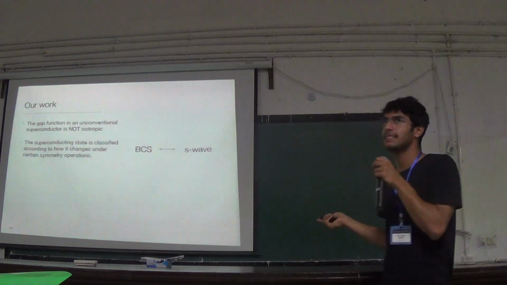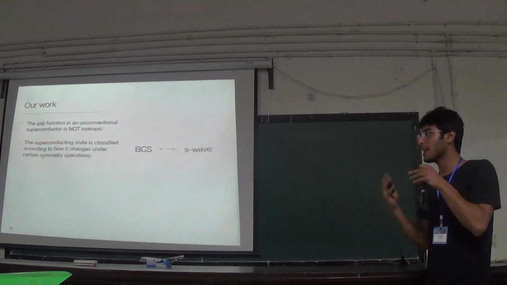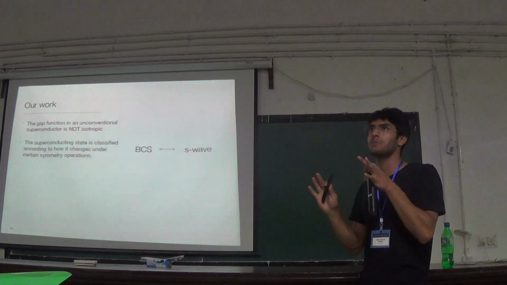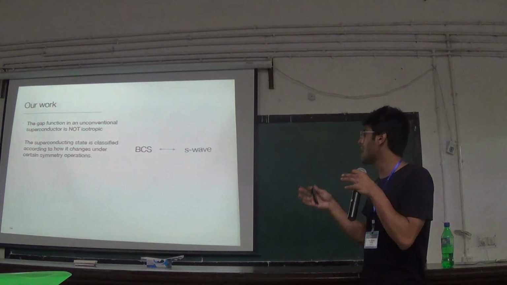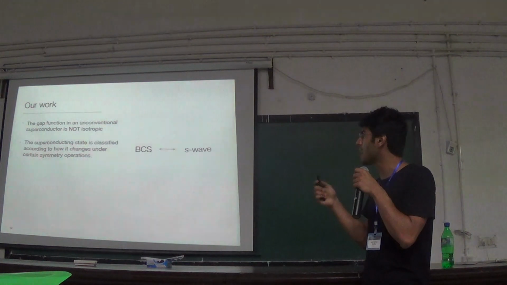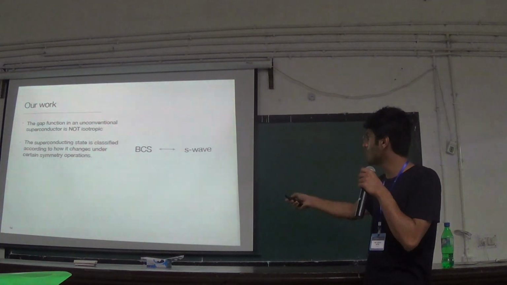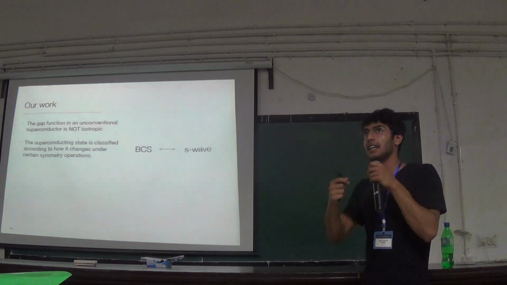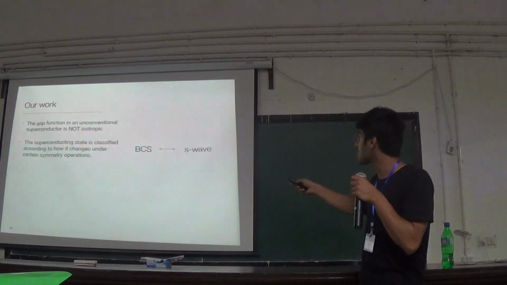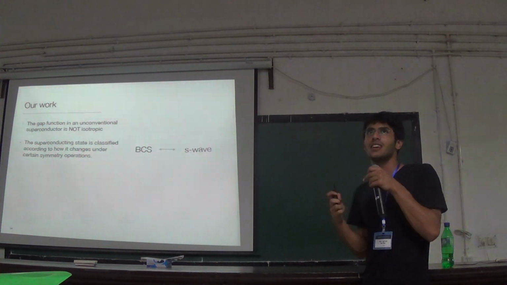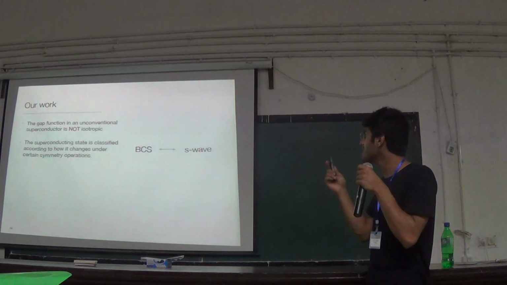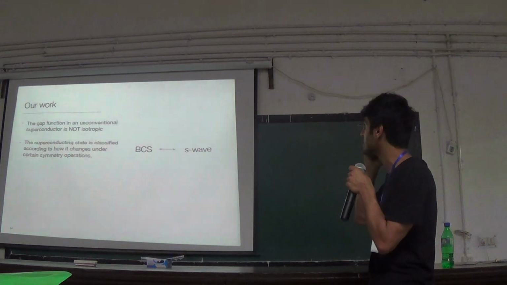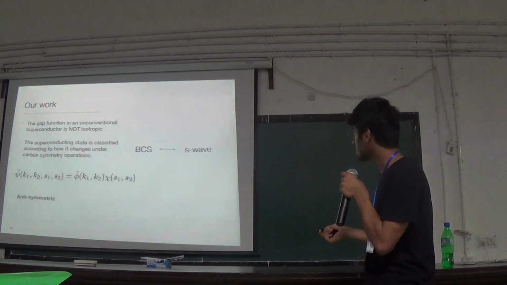What exactly is the S wave? You might have heard about something called conventional superconductors, unconventional superconductors. Conventional are something that is explained by the BCS theory, but actually we have seen some different ideas. BCS theory has this interaction with the phonons and electrons, and that gives rise to this S wave. But there are some exotic things that happen as well. It's not just the coupling between this, and that gives rise to other kinds of superconductors, usually the high temperature cuprates and all these things. So we would like to model those as well.